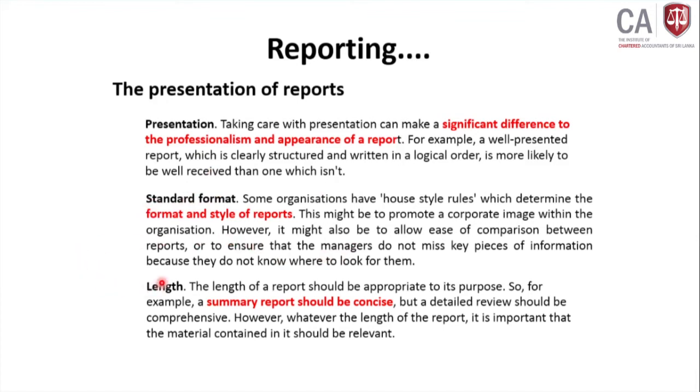And also the length of the report, the summary report should be concise, because if you have a very lengthy report, the people in management will not look at it. If you have a report with summarized information, they will first look at the summarized information and then go on to the other lengthy details. So the report should be short and concise. It means it should be directly understandable. When you are looking at the report, it should be very good, it should be understandable.